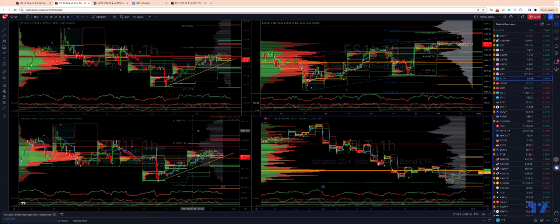Similar scenario in the 10-year as we hold support here, the high volume area on this hourly time frame, 107.25s. I'm looking for an extension through the prior cycle highs, 108s, and through the high volume area here, 108.03, and we look for a move up into 108.08 and daily projected range resistance as high as 108.12 there. Again, any loss of our support through 107.24s, we look for a deeper pullback into the value area low at